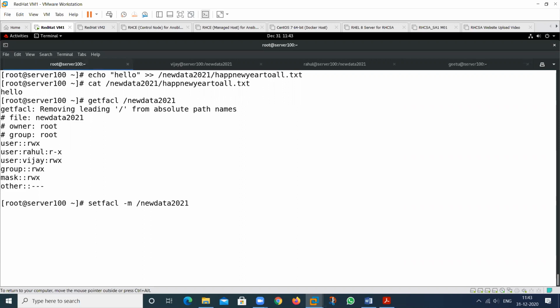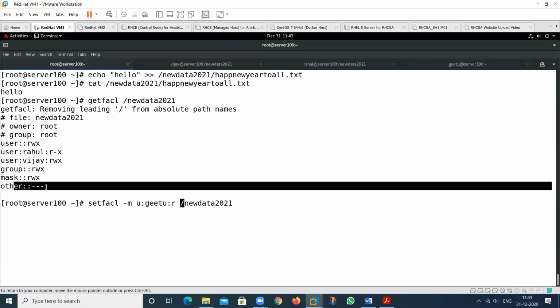So use m for modifying the user. The name of the user is this one, and I want to provide just read permission, because at this time we have no read permission for others also.